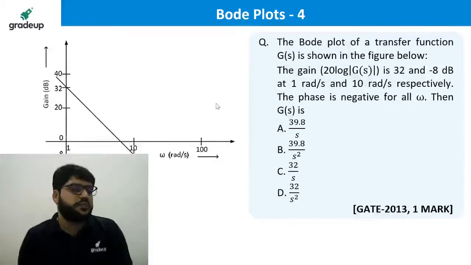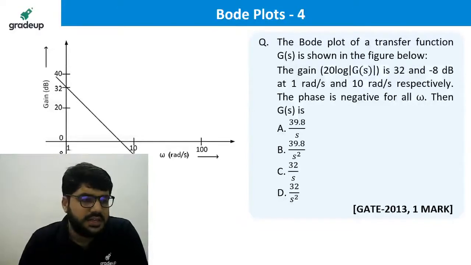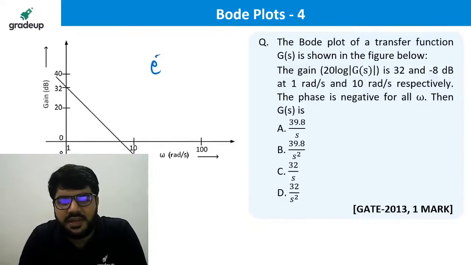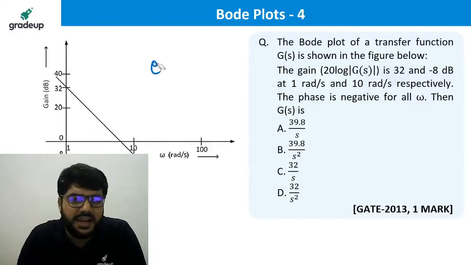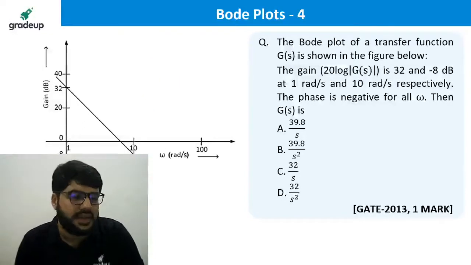Those homeworks are for you to solve. If you have any trouble, you can ask in the doubt box. That exponential one was, I think, something of the form e raised to the power minus 10s, 10 e power minus s upon something. I told you to solve it in the conventional style as we were solving yesterday. If you are stuck anywhere, you can ask in the doubt box.